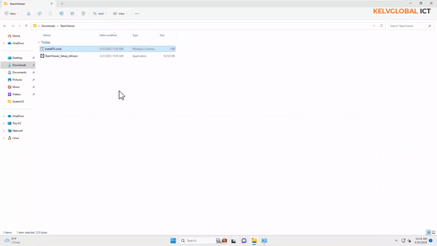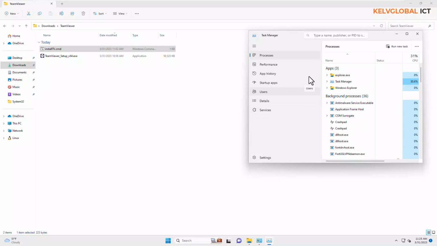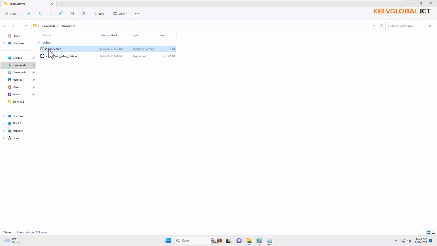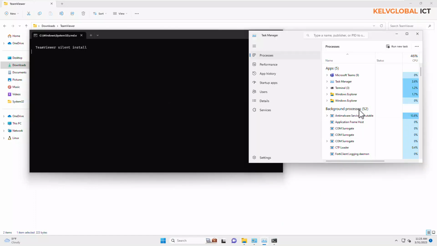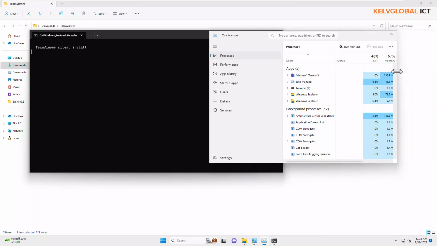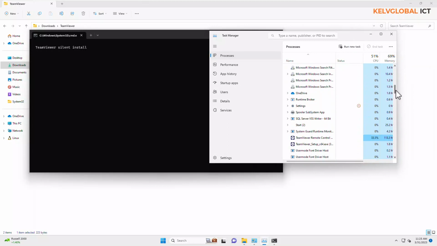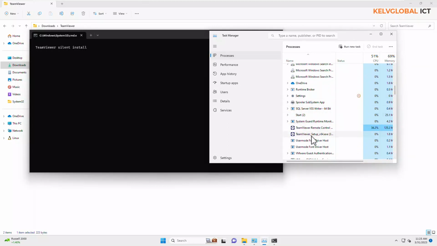So what I need to do right now is open the task manager so I can monitor the installation process. And then let's say I need to start the command prompt as an administrator. And here we go. You can see that the installer just started installing TeamViewer. So if I expand this a little bit, and let me scroll down here. Here you can see we have the TeamViewer setup just started, and it's installing it right now